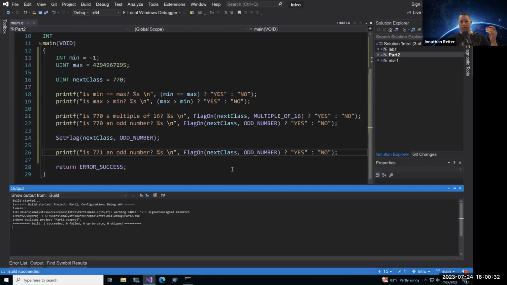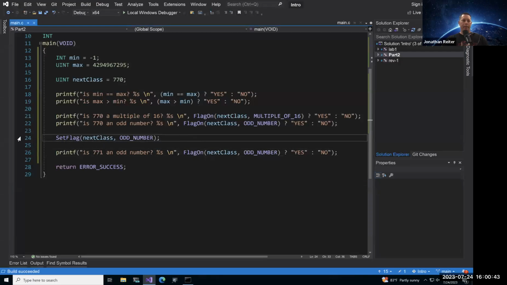Now, this time instead of going to our terminal window, I want you to do some Visual Studio debugging here. What I would like you to do is set a breakpoint on the set flag macro. For me, it's line 24. So we're going to break right there.